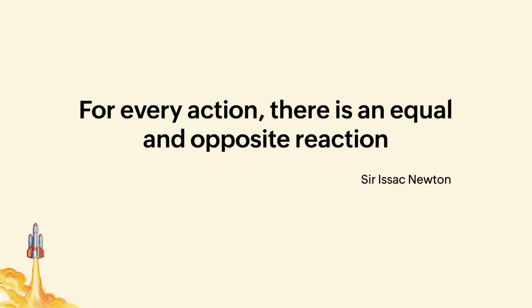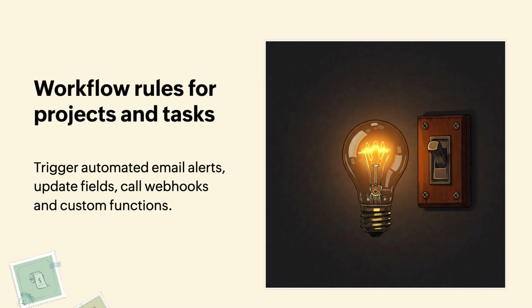I am sure you would have read this code. For every action, there is an equal and opposite reaction. In Zoho Projects, we have something called workflow rules. Workflow rules help you trigger certain actions based on a creation, updation or deletion. So based on each and every action, you have an option to set your customized reaction, which is, you can trigger a custom function, you can call a webhook, you can update fields, or you can also trigger an email